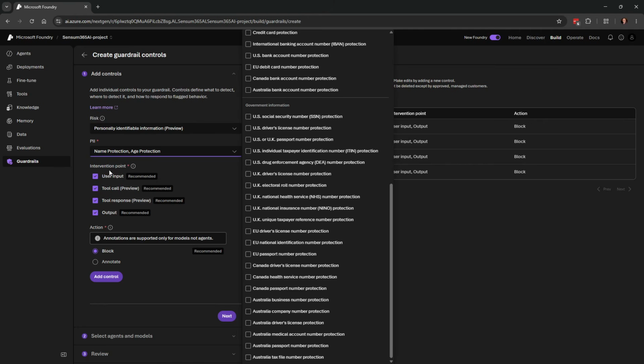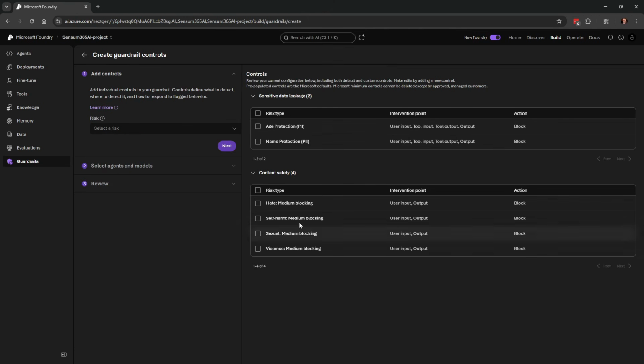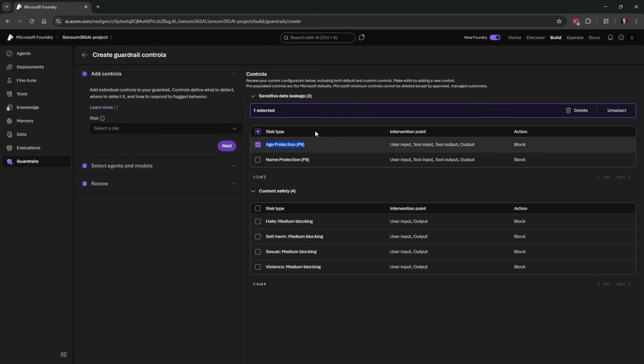Then it can check the user input, the tool calls, the responses, and the output. And then you say add control, and then you get that tool in. And this only works when you use the Responses API, not the chat client.